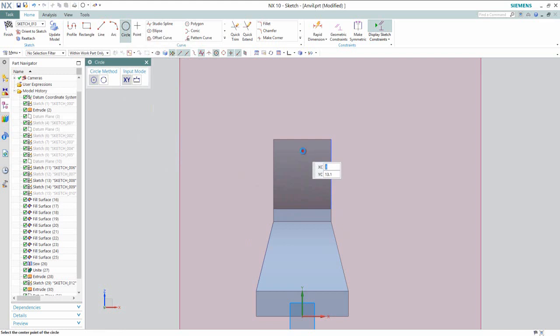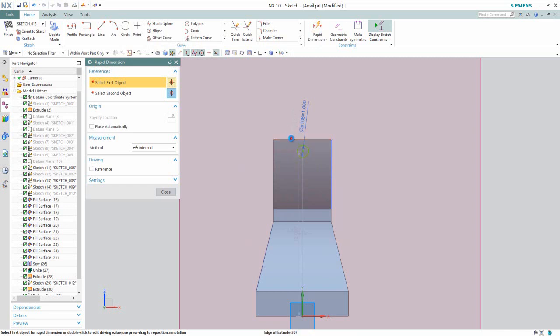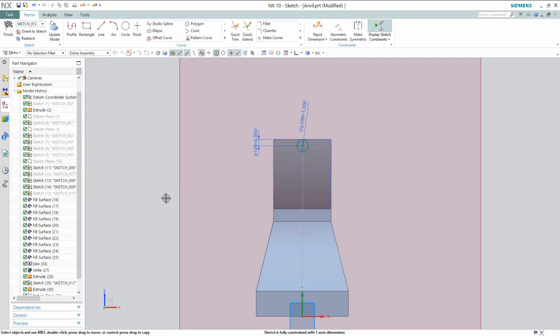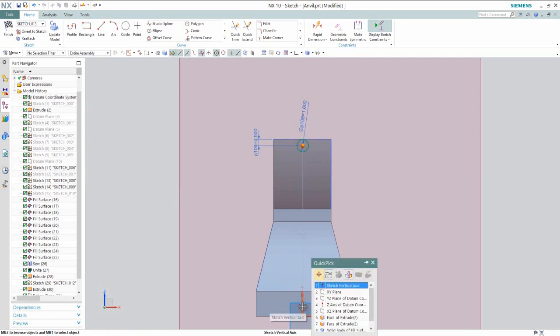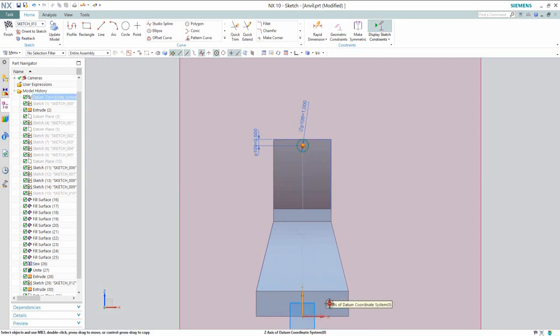Set the diameter value 1 inches. And apply the dimension on this edge and this center point of the circle, 0.5 inches. Select this point and y-axis and apply point on curve constraint. Okay, now my circle is fully constrained.